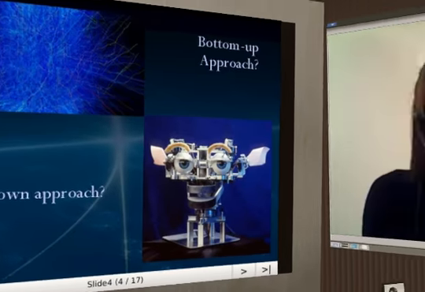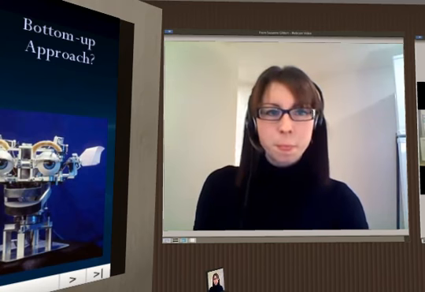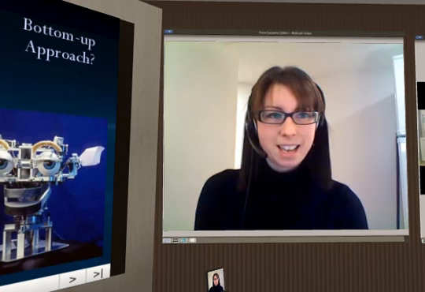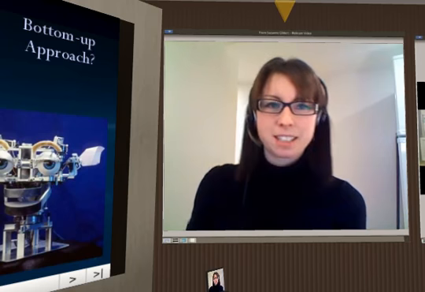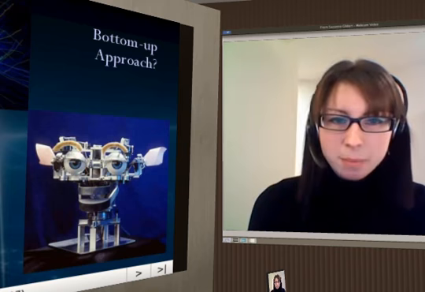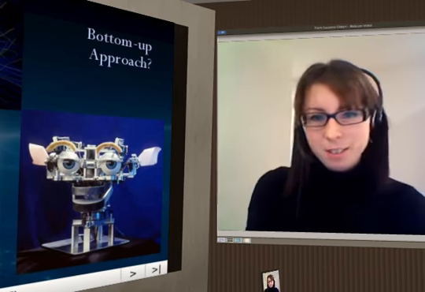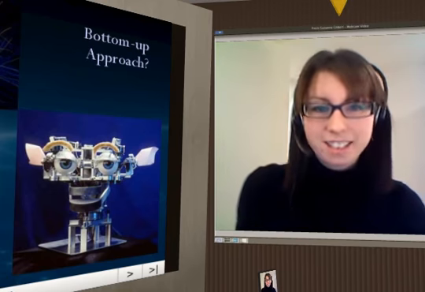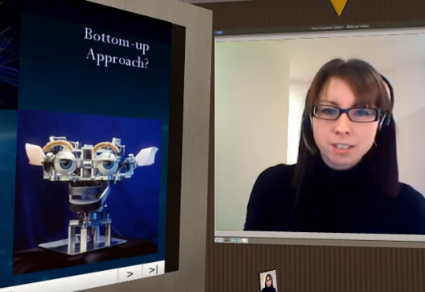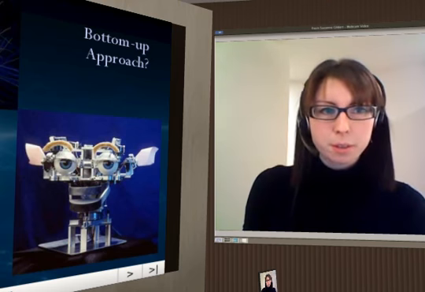So there is another approach to building intelligences, which is known as the top-down approach. I also put on this slide a picture of Kismet, which was an artificial intelligence project undertaken at MIT in the late 90s. Kismet is a robot, and the idea is to try and capture some of the essence of human-like intelligence in a machine. But the idea is very, very different to the Blue Brain project, and the reason is that Kismet was designed with what's known as a top-down approach.